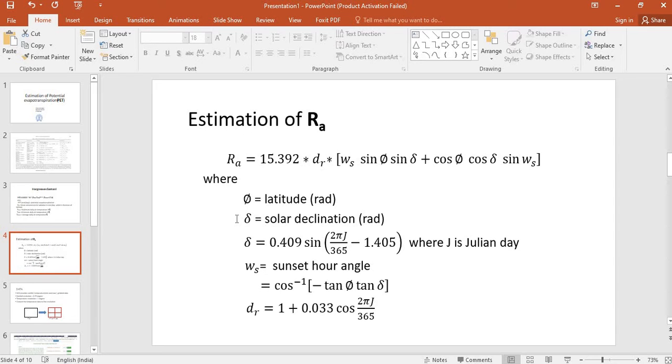If it is a leap year, then that will be 366. So overall, if you know the latitude of that location and the minimum and maximum temperature for that day, one can estimate the potential evapotranspiration for that location for that day. Coming to the implementation part, we'll see how to implement this equation in MATLAB.